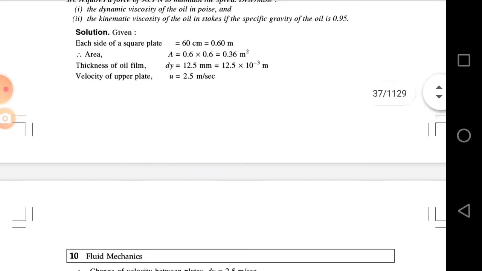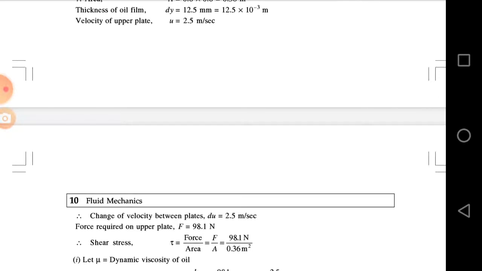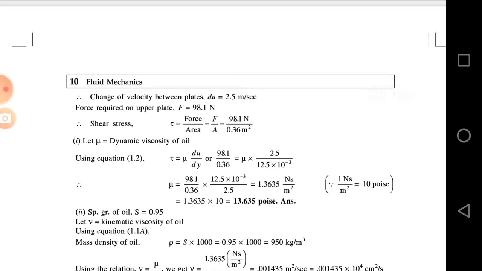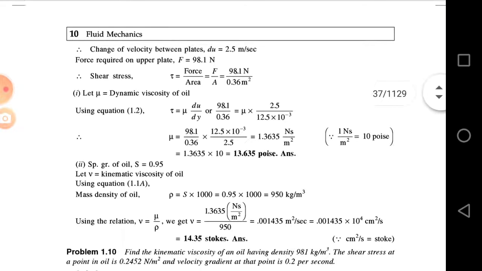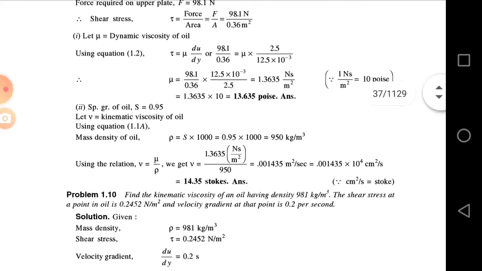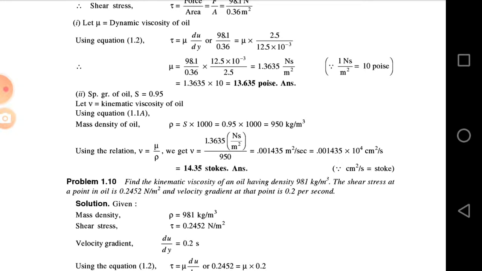Area is 0.36 meter square. Thickness is 12.5 into 10 power minus 3 meter. U is 2.5 meter per second. Change in velocity is 2.5 meter per second. Force required is 98.1 Newton. Shear stress is force by area, 98.1 divided by 0.36 meter square. Mu is dynamic viscosity. So from the expression tau is equal to mu into du by dy, you get mu is equal to